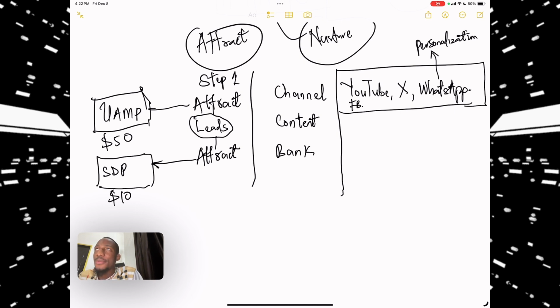Or imagine we use WhatsApp groups, WhatsApp channels, WhatsApp TVs, WhatsApp influencers, and WhatsApp communities as a channel to attract people. So you walk into a WhatsApp community of about 500 people, and you say something constructive, and then you attract a lot of people. Twitter is also very powerful.